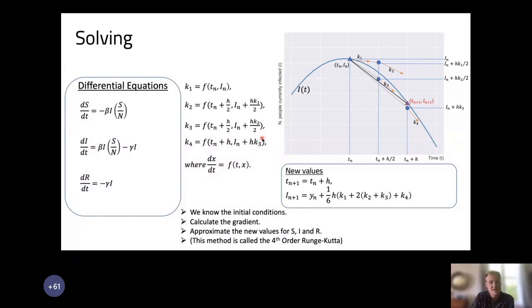The way we do it is because these are 3 differential equations, and if you remember, all they represent is a gradient or a slope. And by using that slope, if we imagine this as the trajectory of this differential equation I, we know the values here, we can calculate the gradient. And the idea is that if you move a really small step along that slope, then it'd be quite a good approximation for these values S, I and R for the next time step, for a little step forward. But because I'm going to use a slightly bigger time step, a day time step,